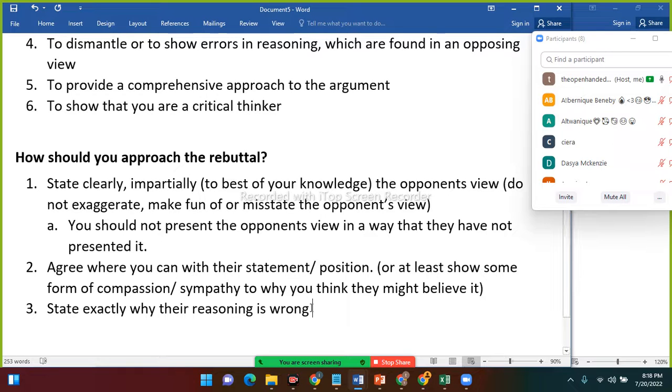This is the most important part, right? State exactly why their reason is wrong. Don't brush it off. State exactly why their reasoning is wrong